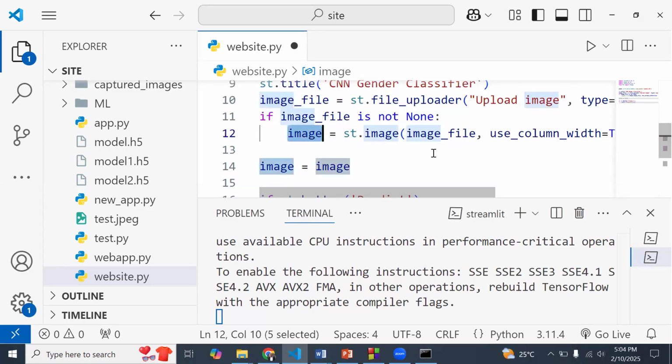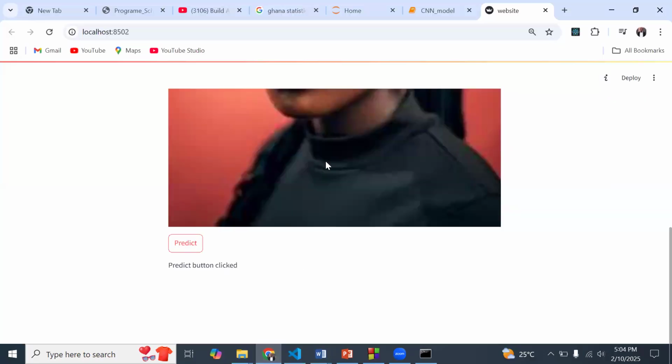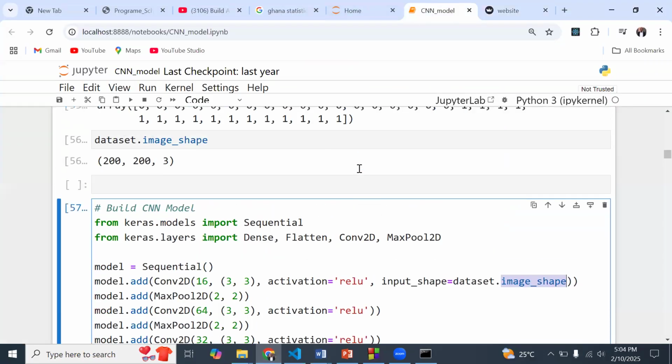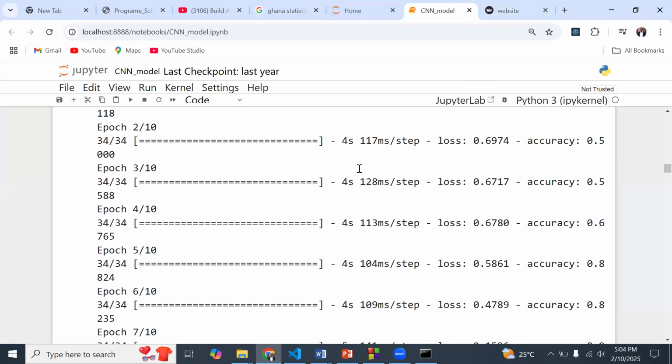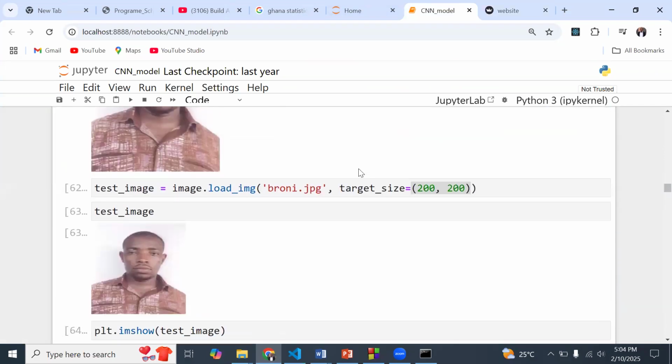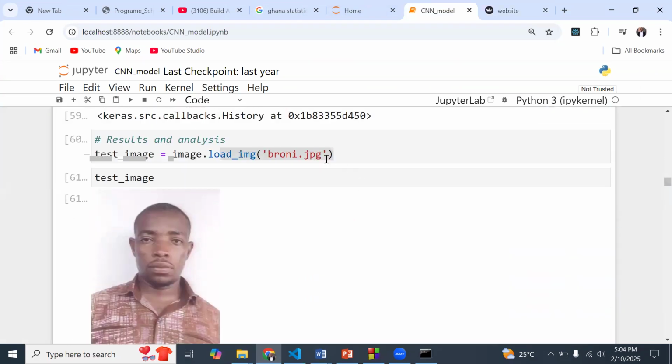Now, I think that's the problem we had the last time. Based on the structure we built over here, the images we were using for prediction were being sent by the image name, so they were picked up by the image name.